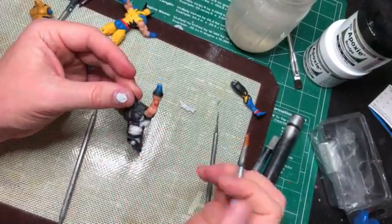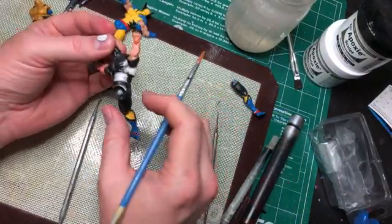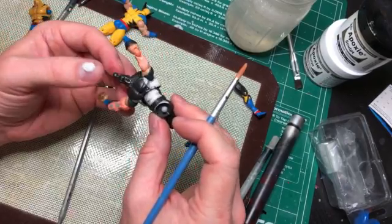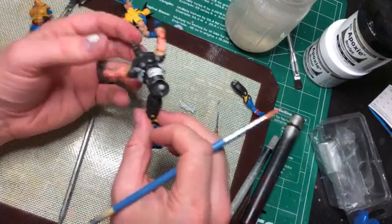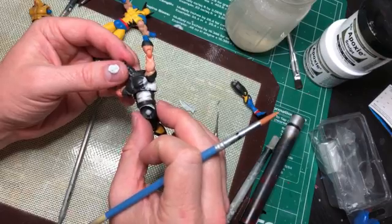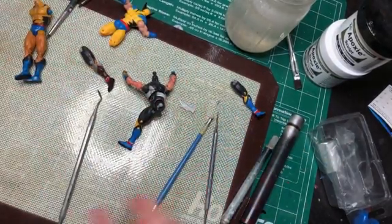So I'll go ahead and add the other stripe on the other side. I don't want to mess with it too much now because I get real clumsy and I get overly concentrated. I'll end up putting a finger in there and destroying what I just did. So I try to work on other body parts and do one part of the figure at a time. But if there's any last minute questions,